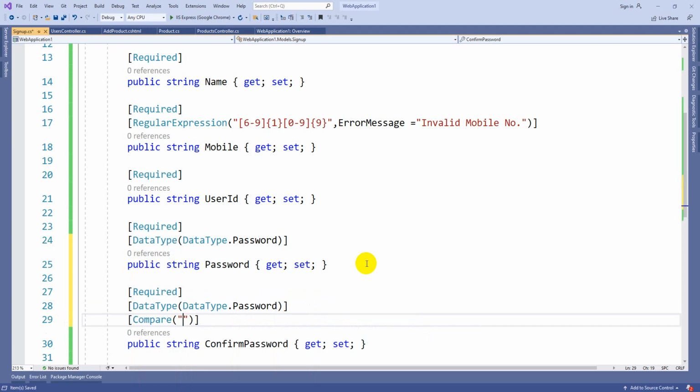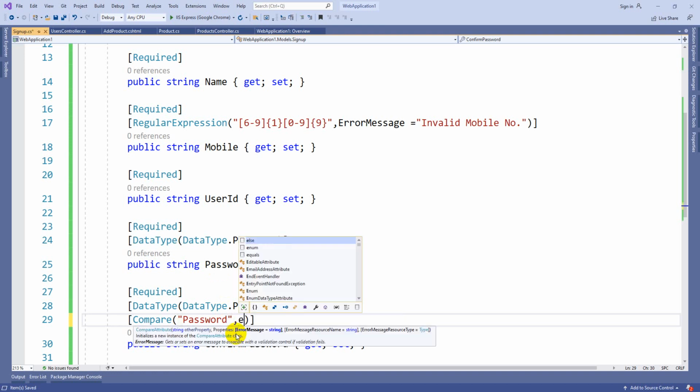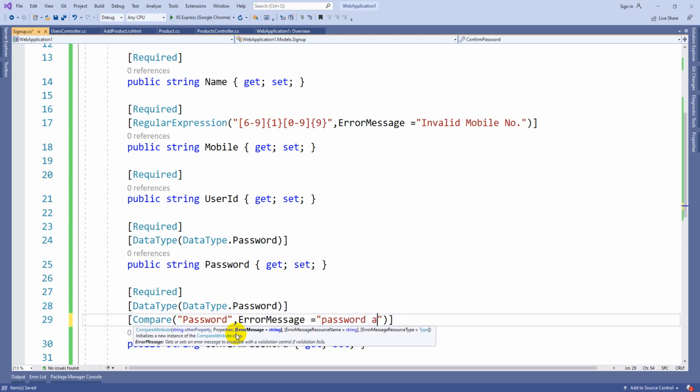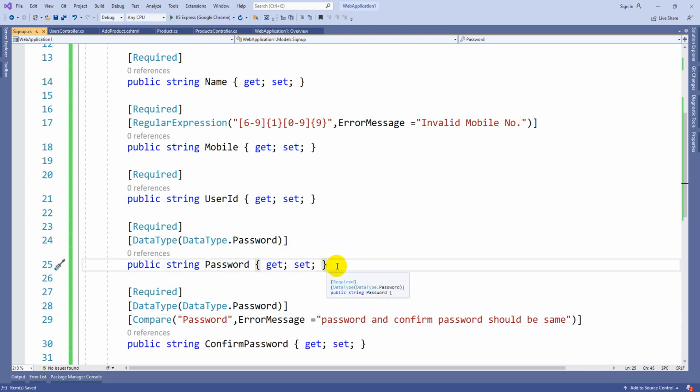Here it is going to compare with the attribute password. If these two are matching, there is no error. Otherwise it is going to show the error message. So here I can write an error message: password and confirm password should be same.